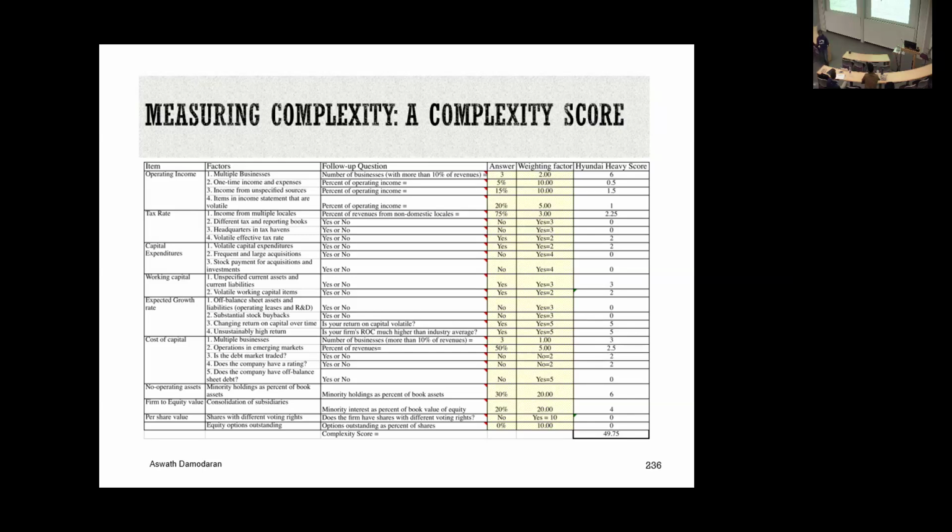With complexity though, I thought about things that have bugged me when I value companies, how much they bug me, and come up with a score. So let me give you examples of things that have bugged me through history. A company that claims to be geographically diversified, but doesn't tell you where. So why do you even throw in the geographically diversified? Or they tell you where, but you don't recognize any of the parts of the world they claim to operate in. If a company's effective tax rate goes from 30% to -15 to 22, you know what that tells you, right? There are 2 sets of books, and you're showing me the reporting books, the tax books are very different.